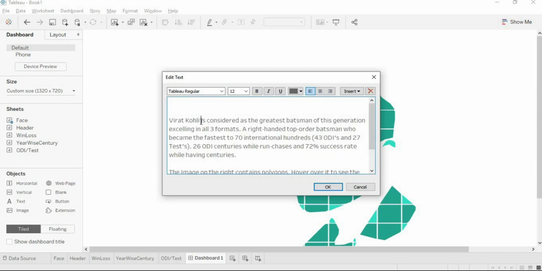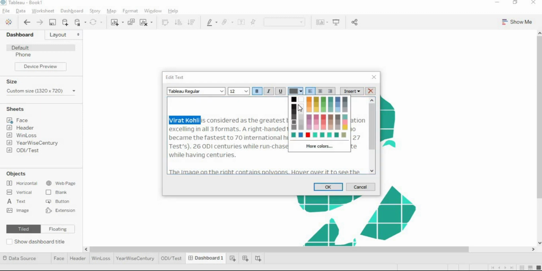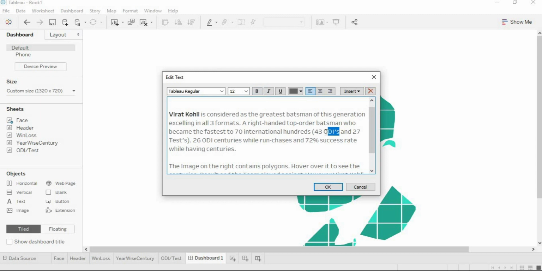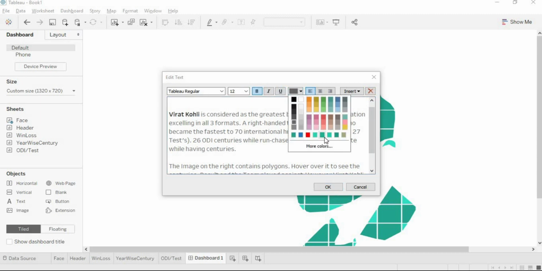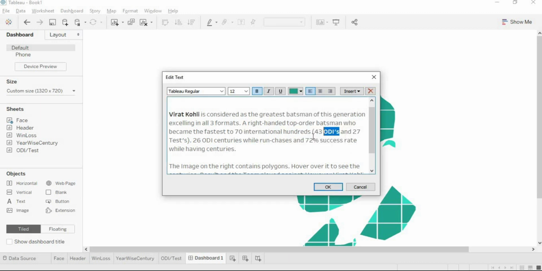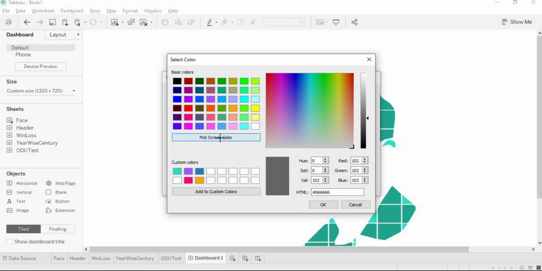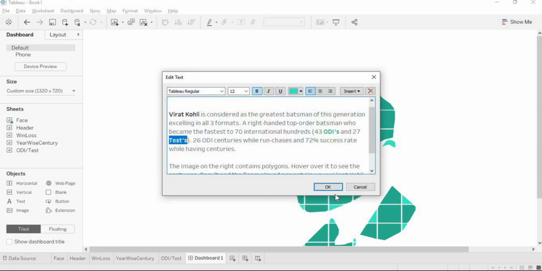Okay, now I will change it to bold and give a darker shade for this one, and for ODI I am converting it to bold and I will be using the color of ODI. Okay, and for test I will be using the color of test, which was the lighter one. Okay, we'll do one thing, we'll pick the color.